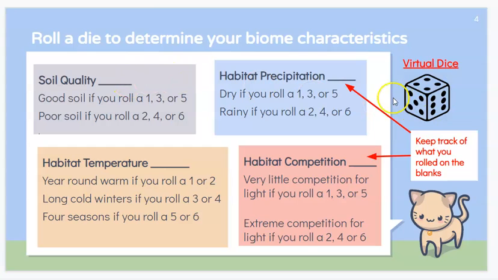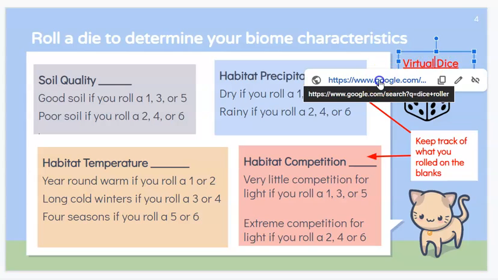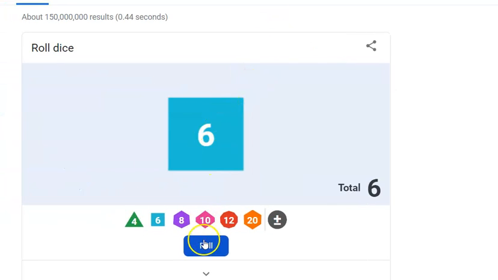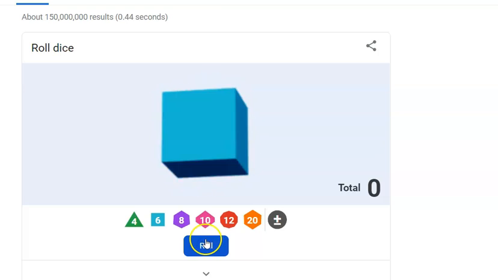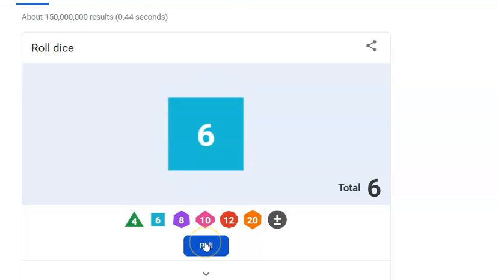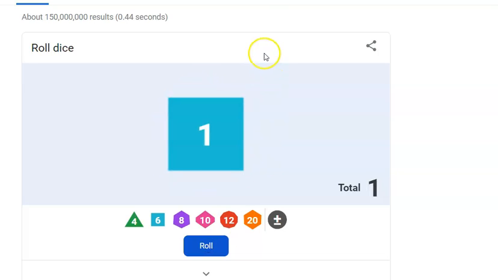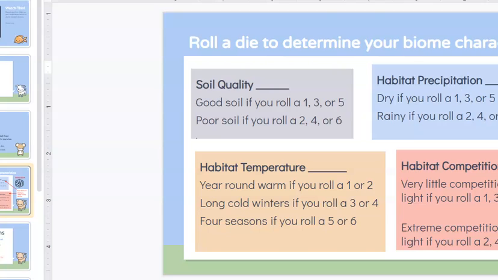If you don't have a die at home, you only need to roll 1, you can click on this virtual dice and it will take you to a way to roll a virtual die. I'll just show you that real quick. So it rolled here for me, and then if I click roll, it rolled me a 6, and then I would go and I would write 6 down. If I rolled a 1, I would go and write 1 down. Okay, so that's how you use that